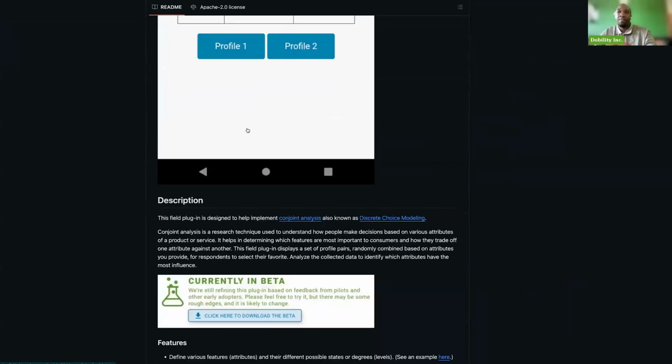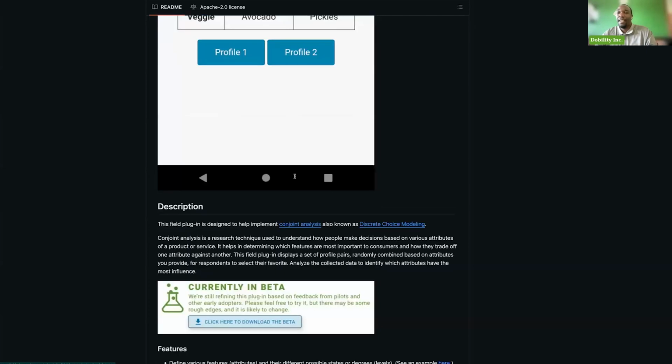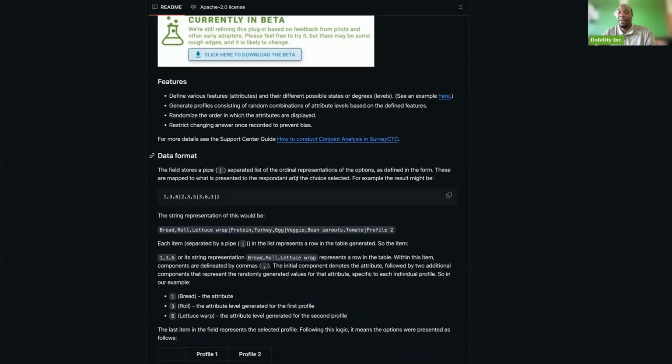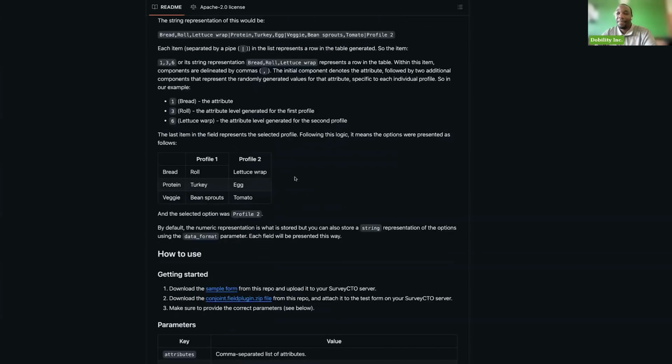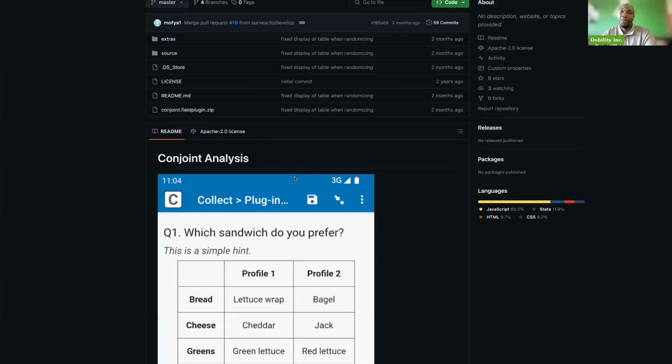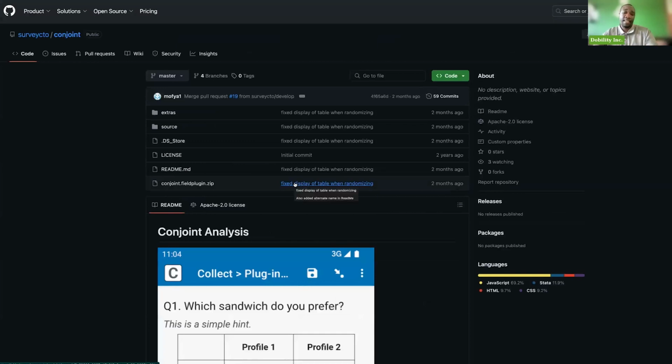Now, I hope the black screen and everything is not scary to anyone. It's really just basic documentation on how you can use the field plugin. So please feel free to go there and explore it. We'll also send out these resources at the end of the webinar. Once the recording is ready, we'll send out the recording